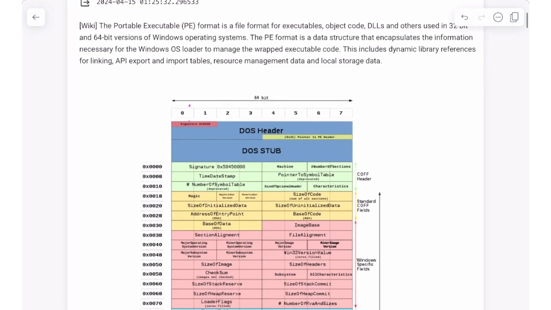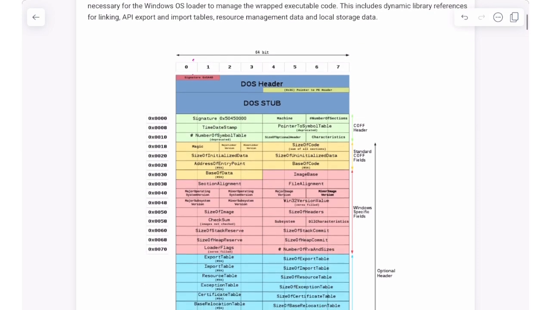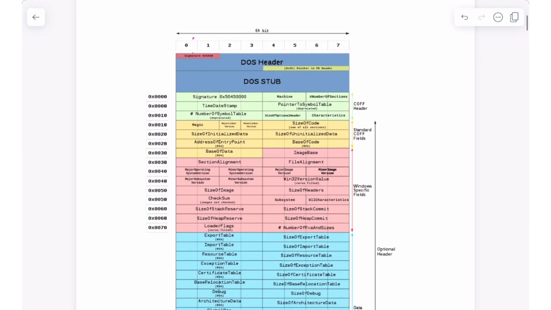We focus on Windows malicious software. The Windows executable file is called a PE file, portable executable. It is a format made by Microsoft, and we can see that it has a very complex